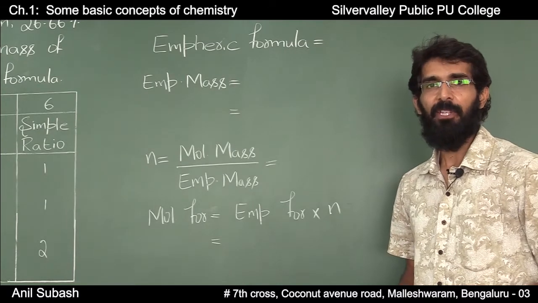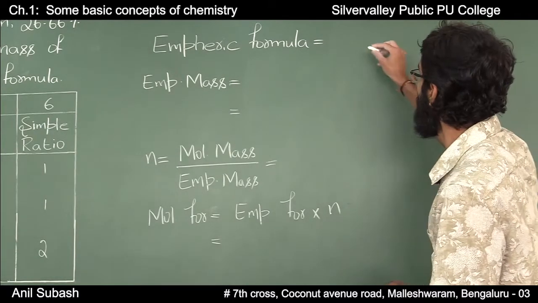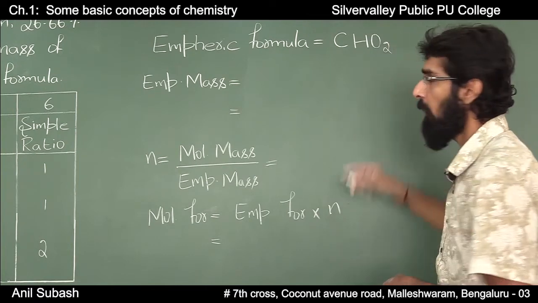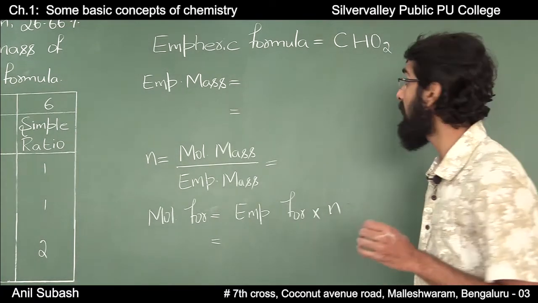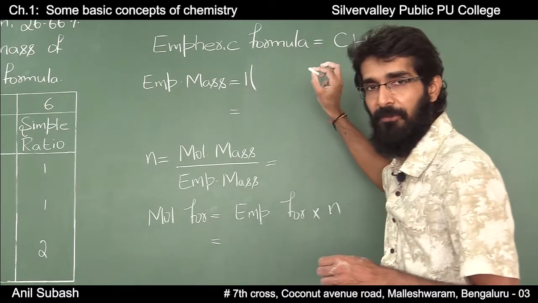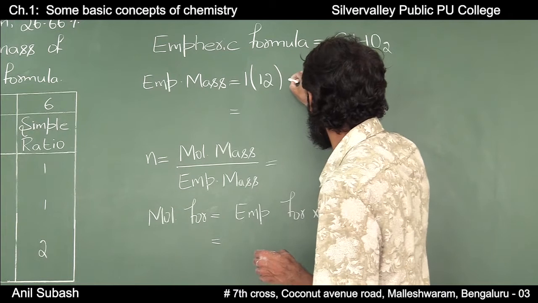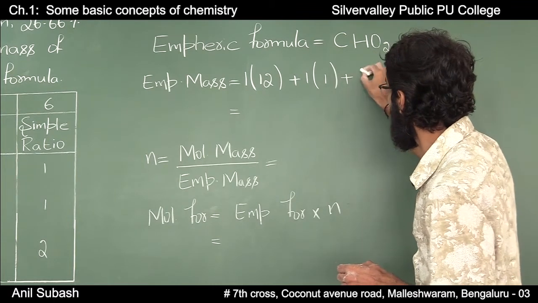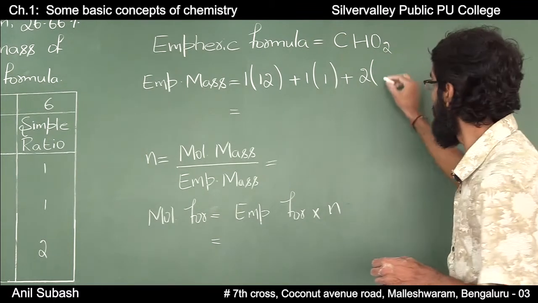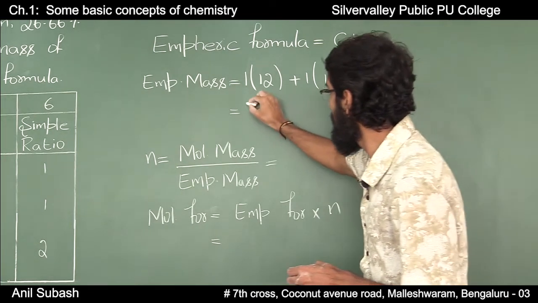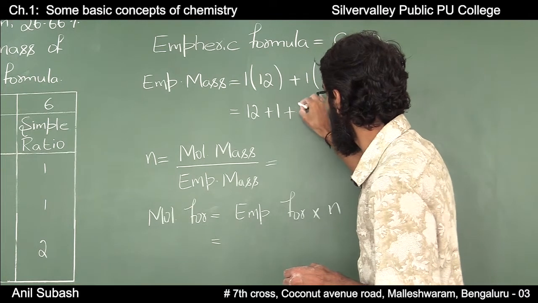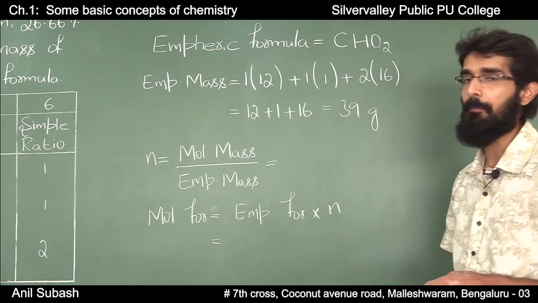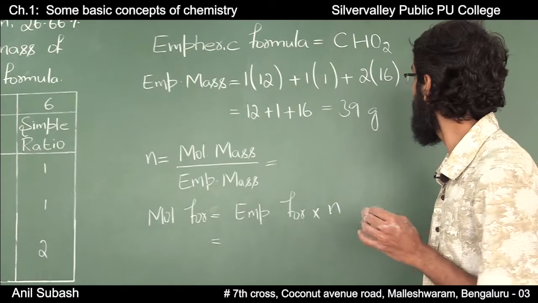The empirical formula of the compound will be CH(O2) and the empirical mass will be equal to 1 into atomic mass of carbon, that is 1 into 12, plus 1 into atomic mass of hydrogen, that is 1 into 1, plus 2 into atomic mass of oxygen, that is 16, that is 12 plus 1 plus 16, that comes out to be 39 gram, and it has been given that